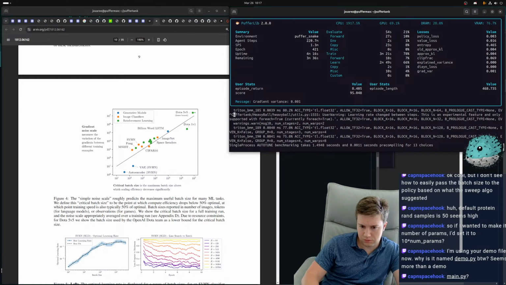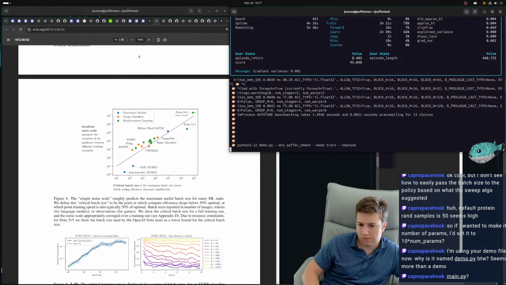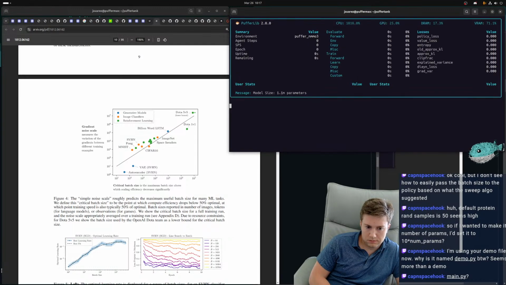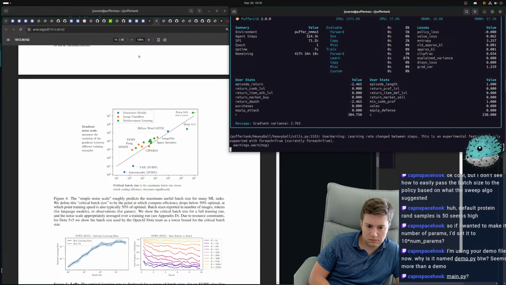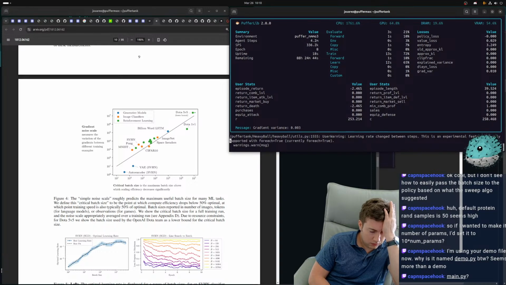Okay, that's good enough for this one. And then what about Neural MMO 3? Well, there was a huge amount of gradient noise at the start right there for a second.